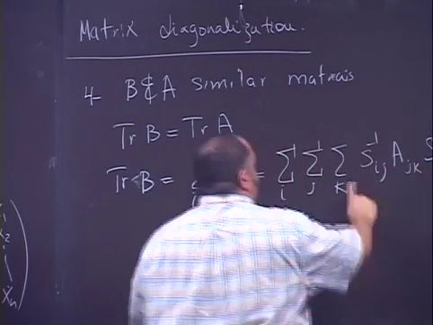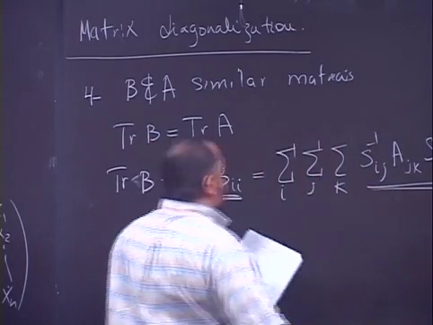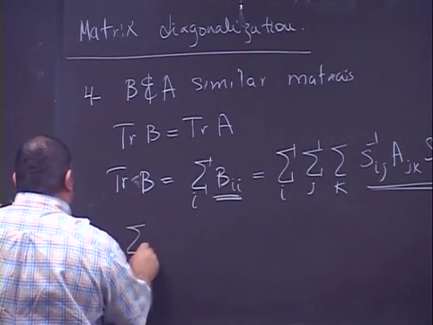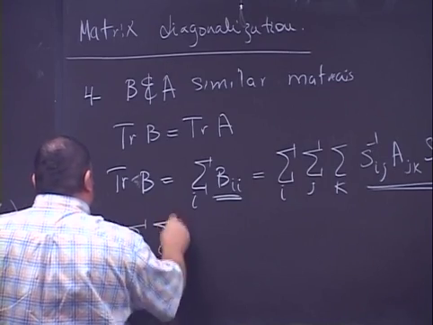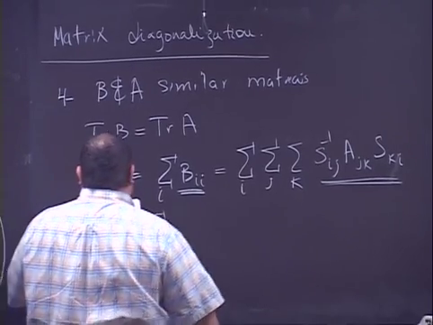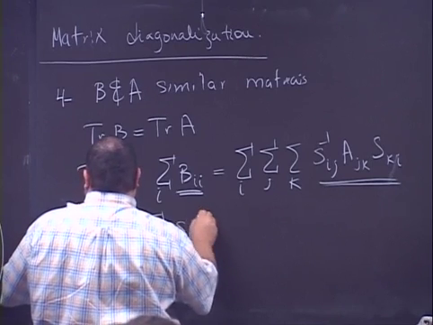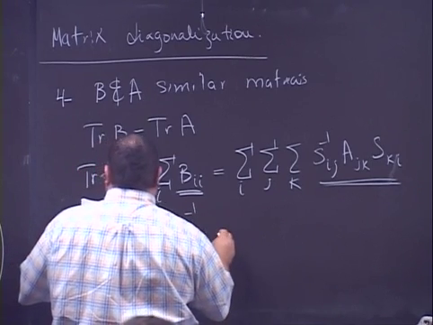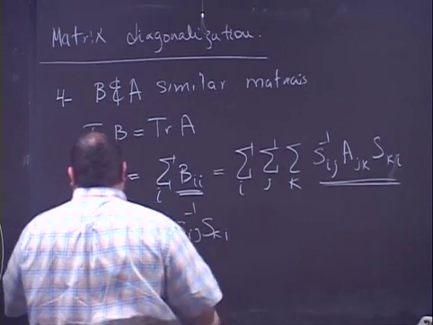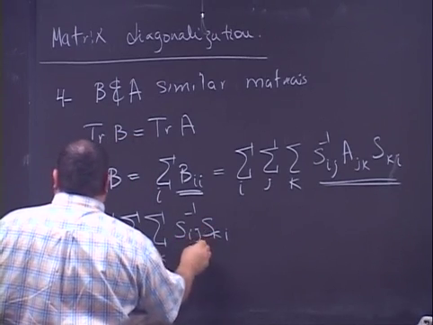So this is nothing more than B, and this is the similarity transformation because P equal to the similarity transformation. So in this case, this will be the summation for I, summation for J, and summation for K, and then this will be the S_ij multiplied by the S_ki. So if you sum over this one,